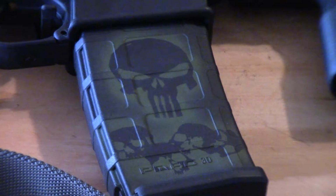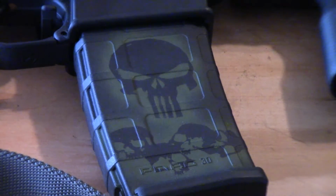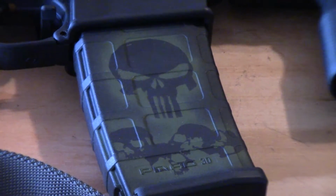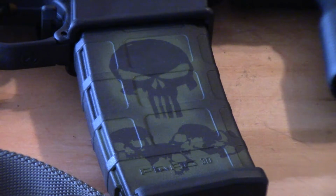For your eye candy pleasure today, we're looking at a Magpul P-Mag. Yes, painted by me, just as a test. It's only model paint. Eventually, after I've got a lot of practice in, I'm pretty much ready to Duracoat this thing. But obviously I have to wait. It's just the middle of June and it's too hot, too humid to do it out here. The conditions aren't right. So I'll probably be waiting until maybe September-ish, October-ish to get out and Duracoat